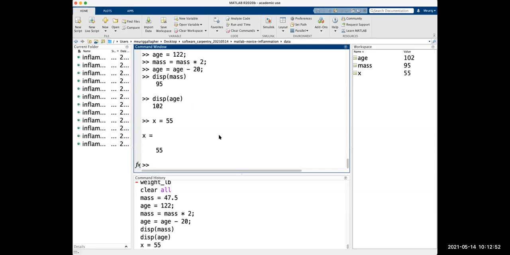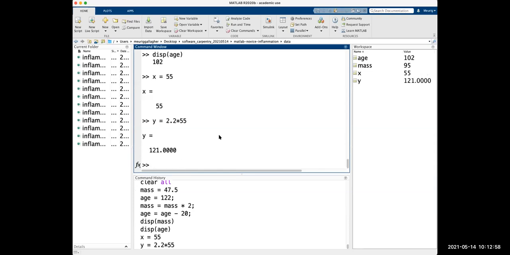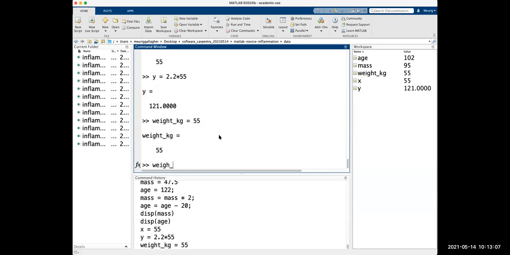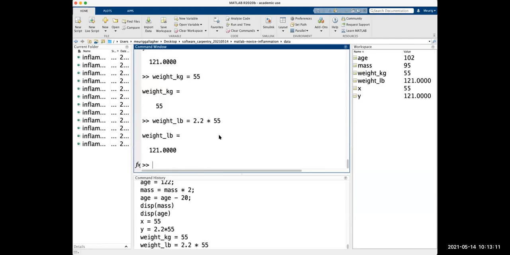If you take someone else's code and it's full of X equals 55, Y equals 2.2 times 55, that's not going to help you understand what's going on. If you come to a code and you have weight in kilograms equals 55, weight in pounds equals 2.2 times 55, then you're going to immediately be able to read the code a lot better and understand it.